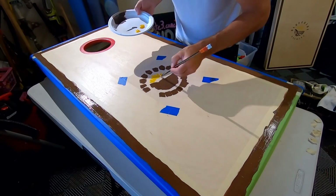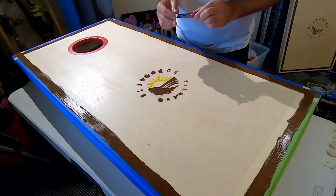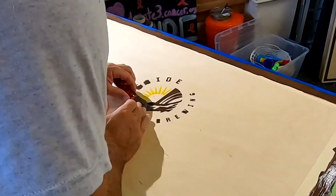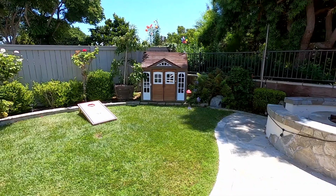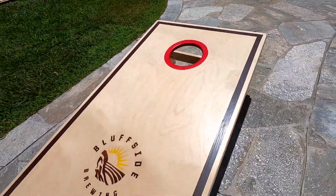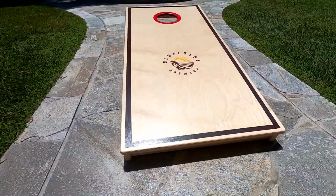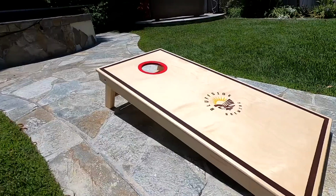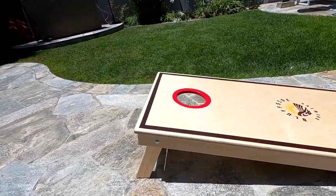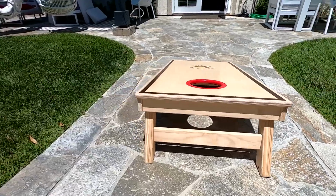I didn't get a chance to show you painting of the red circle around the hole, but that was just a simple 8-inch template, hand cut masking. And boom, here's the final result. After about 8 coats of poly, water-based poly, sanding with 800 in between coats, creates what I think is a very nice playing surface. It releases out nicely on the slick side and checks up nicely on the sticky side